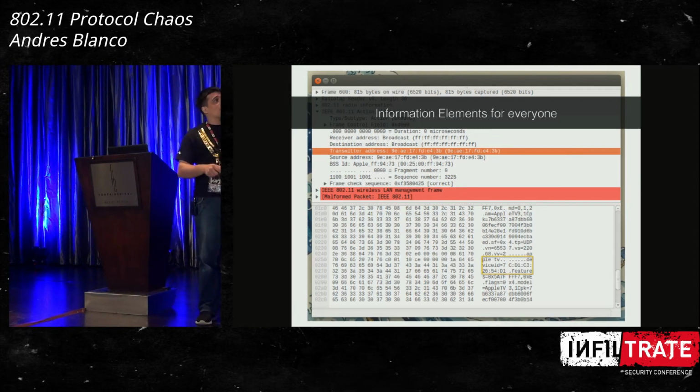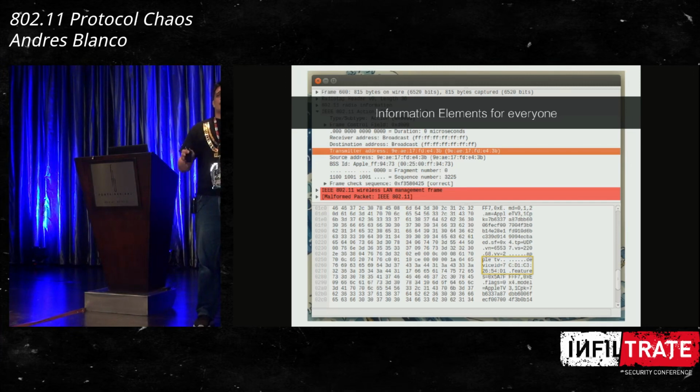And the same thing was also happening on iOS devices using the AirDrop protocol. I don't remember if I mentioned this. This is the AirPlay protocol, and there's also the AirDrop protocol. AirPlay is used when you want to mirror, for example, your phone or your Mac on an Apple TV. And AirDrop is to connect devices without the need of connecting to a network or an access point, so devices can connect between them. It's pretty similar to Wi-Fi Direct, but for Apple, because Apple doesn't support Wi-Fi Direct.